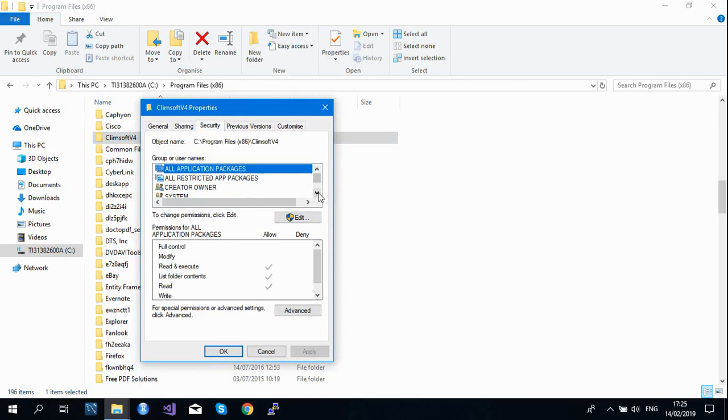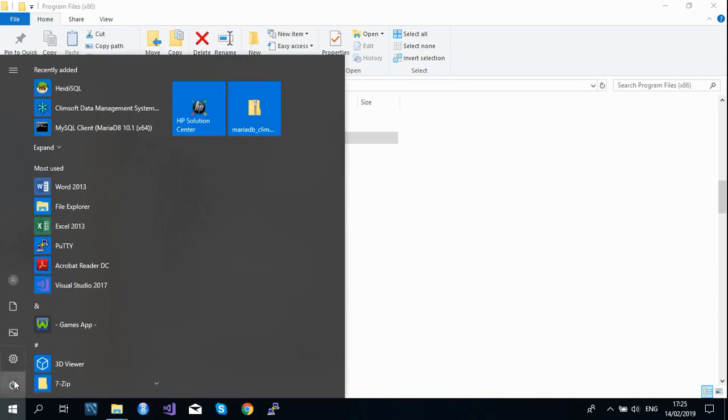Now here you need to check if the user of this machine is on this list. How to check the user? My computer is Windows 10. I just click here and check and see my user is called admin.